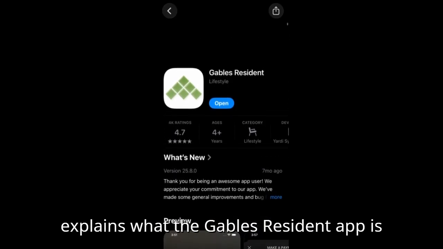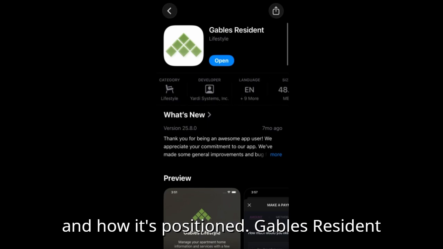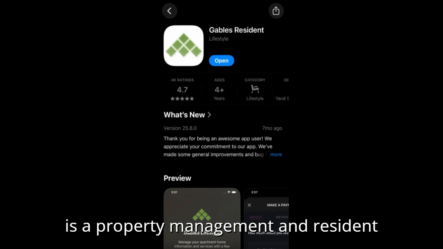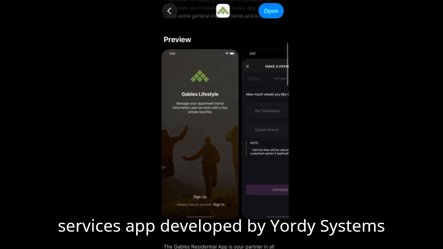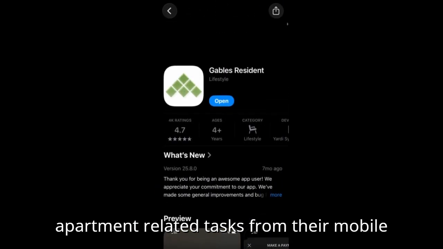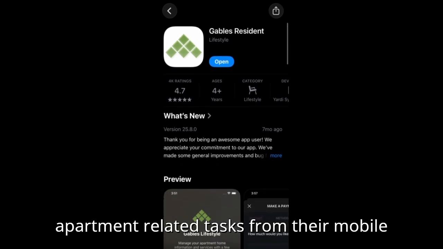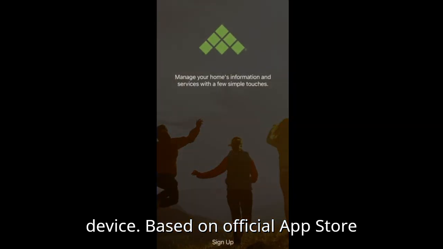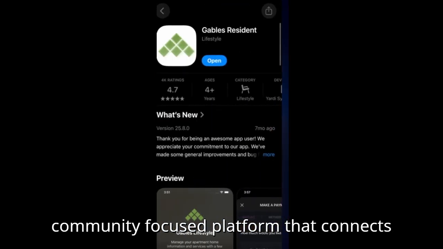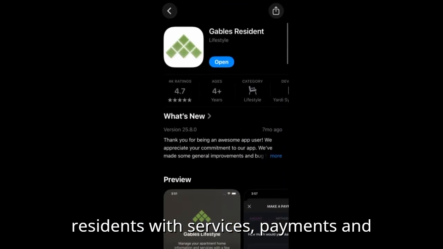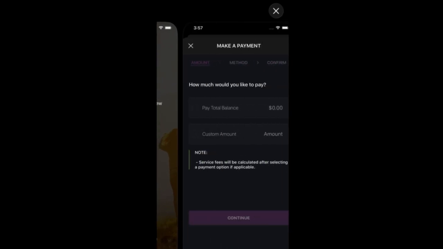This video explains what the Gables Resident app is and how it's positioned. Gables Resident is a property management and resident services app developed by Yurdi Systems, designed to help residents manage apartment-related tasks from their mobile device, based on official App Store descriptions. It is positioned as a community-focused platform that connects residents with services, payments, and communication tools within their housing environment,